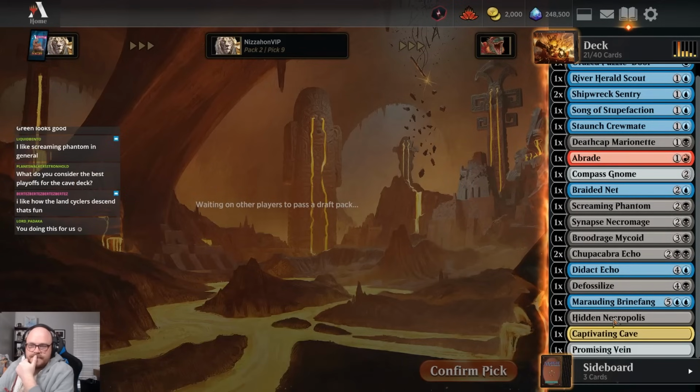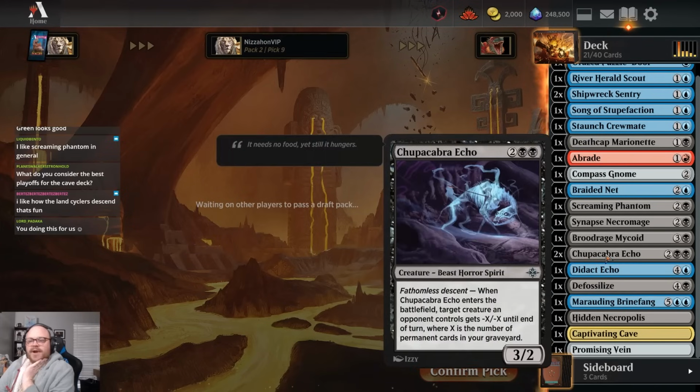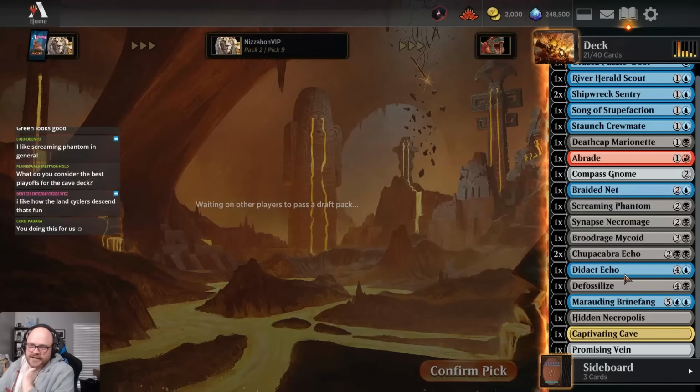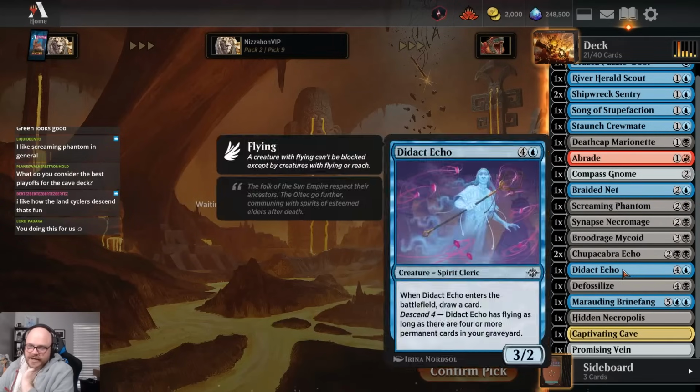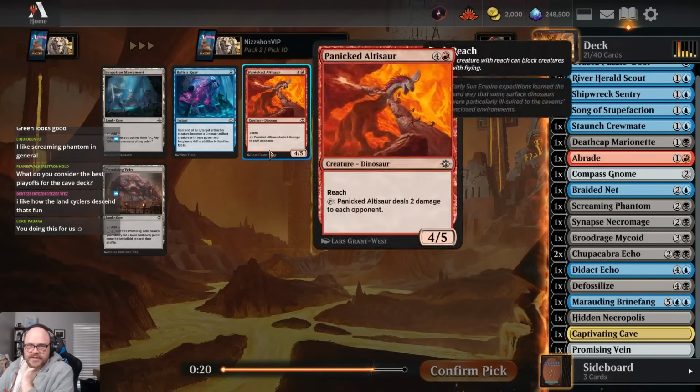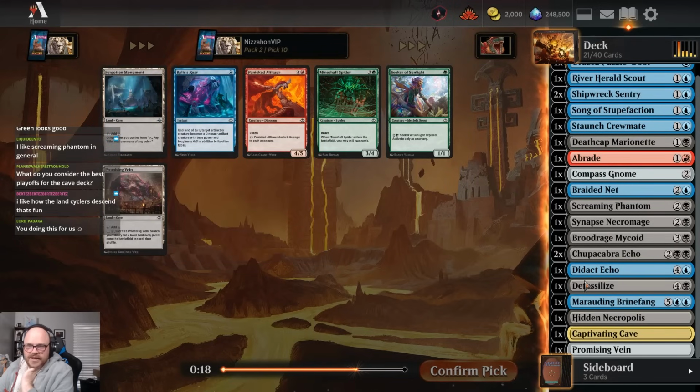Let's see. More graveyard payoffs would be good. We do have the Echoes and Defossilize and Didact Echo. Well, when I say Echoes, I mean the Chupacabra ones, but they all... The Didact Echo works too. I do not think Relic's Roar is good. I don't really want any of these cards, so...